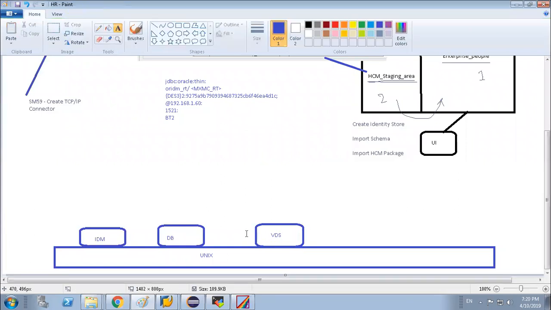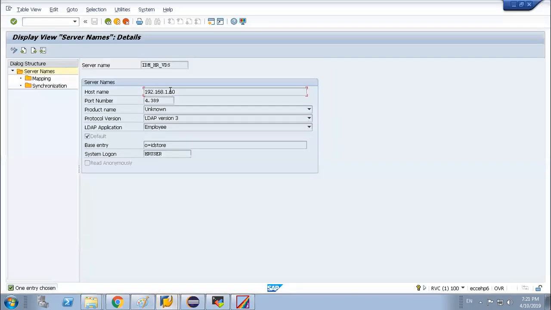Now in order to connect to this VDS, you definitely need a channel through this Unix server. For that reason, you have to provide this Unix server host name, or this Unix server location's name, over here.